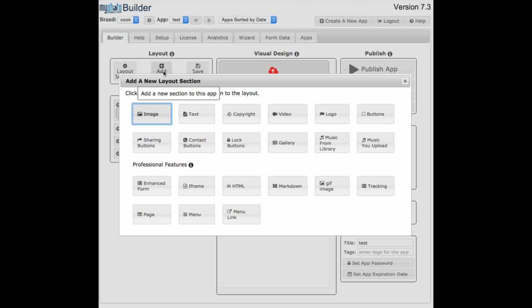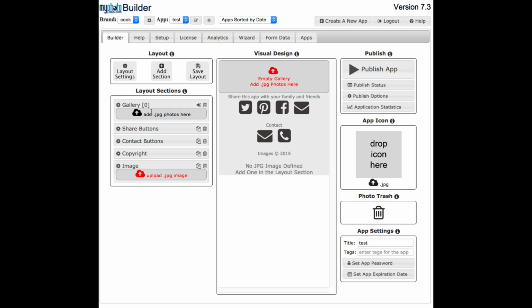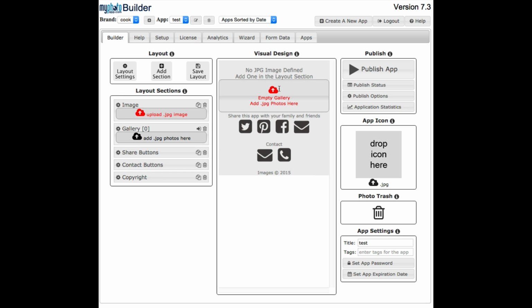And I can add a new section, and I can add an image file and move it to the top. Oops, move it to the top. And there's no image here, and I can drop in an image for a logo. Now I don't have an image for this other business that would be appropriate for a logo. So let me delete that